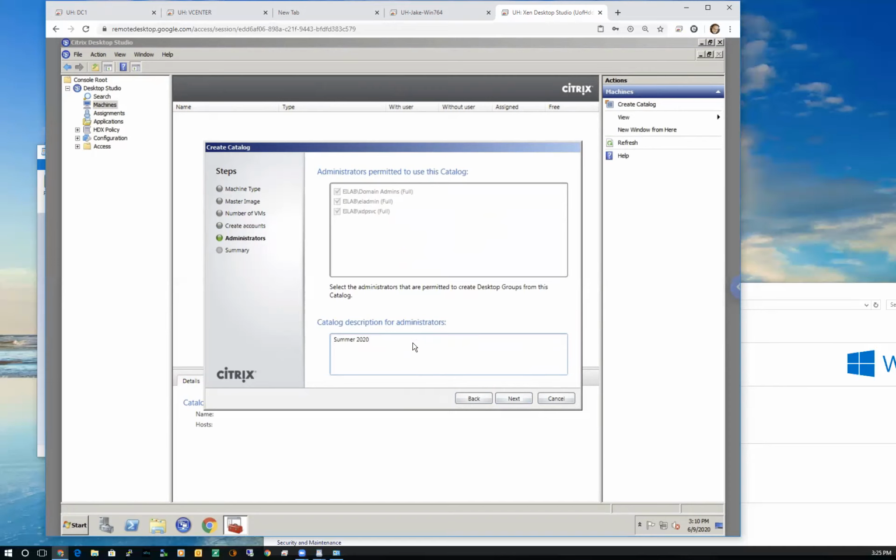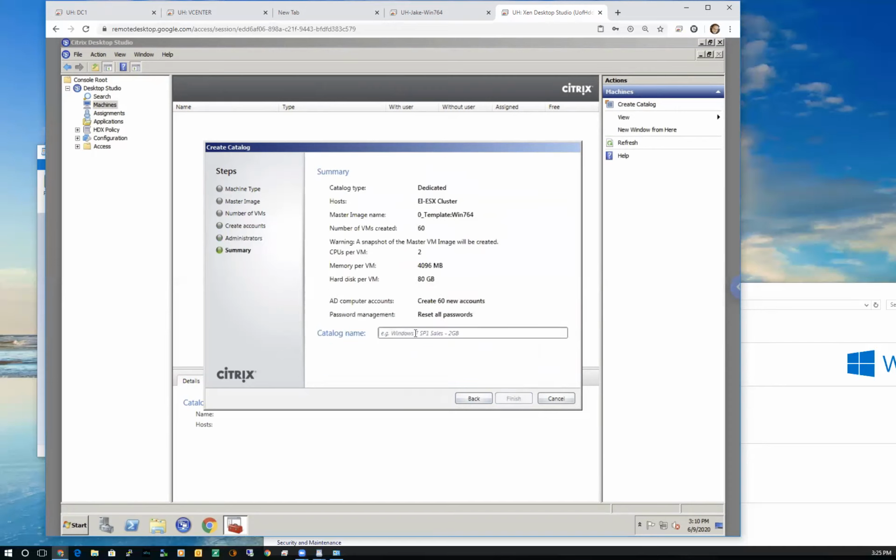I just call it Summer 2020. Catalog name, I'm just going to call it also the same thing, Student VM. Okay, so this is going to create 60 virtual computers for me. Pretty neat, huh?